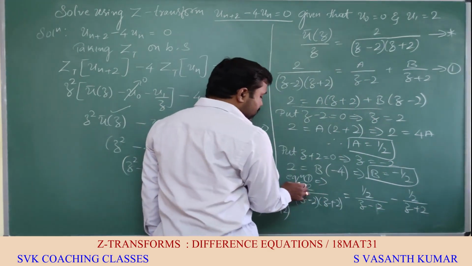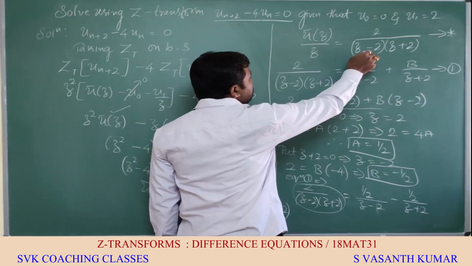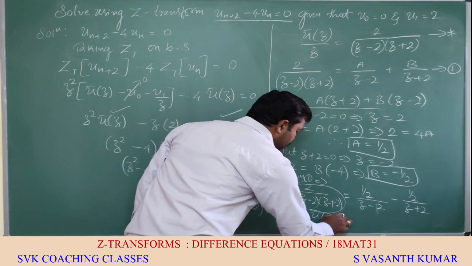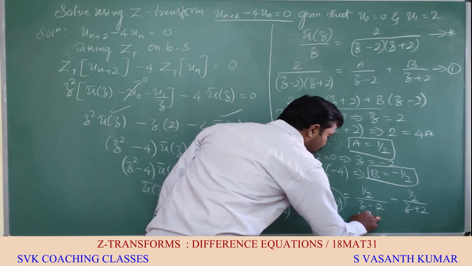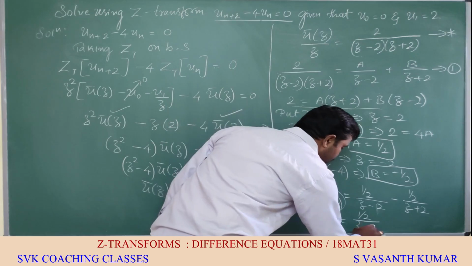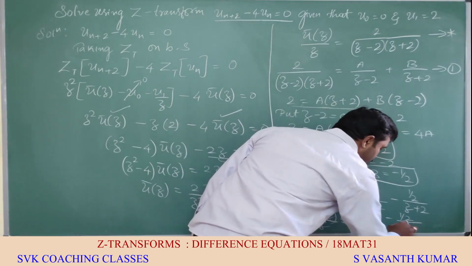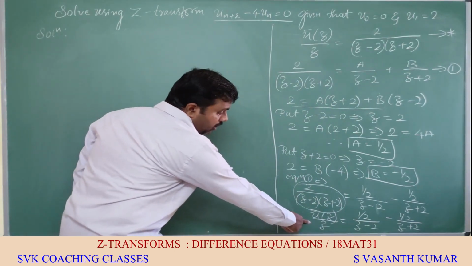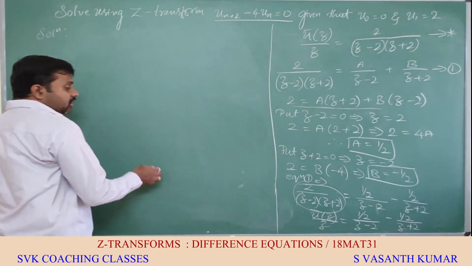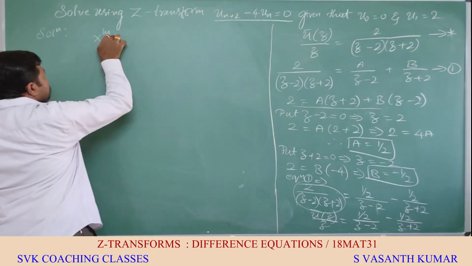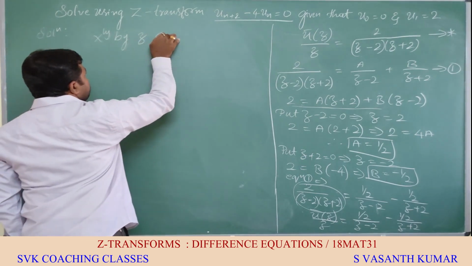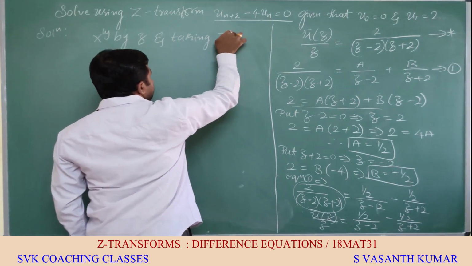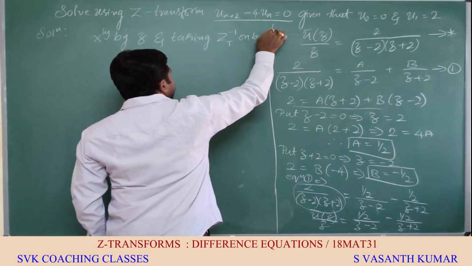So from equation star, I can write the left hand side as u bar of z by z. U bar of z by z is equal to 1 by 2 times of z minus 2 minus 1 by 2 times of z plus 2. Now multiplying by z and taking ZT inverse on both the sides, we get